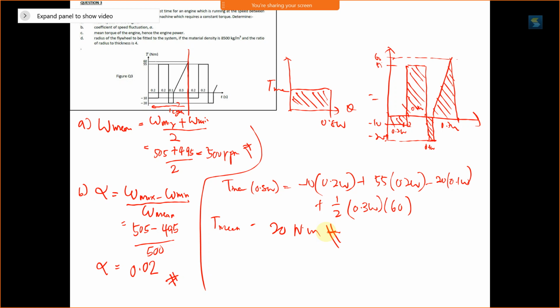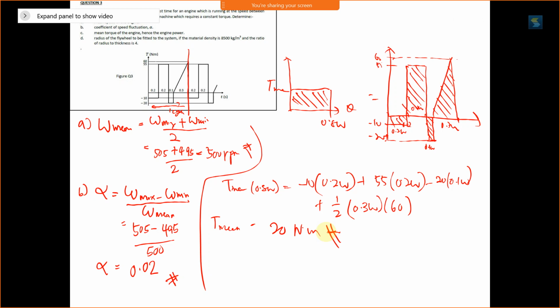So how to find I? Mass moment of inertia. So get the mass moment of inertia, find K, and once we have the mass moment of inertia, we can get R directly. R, then you must know our